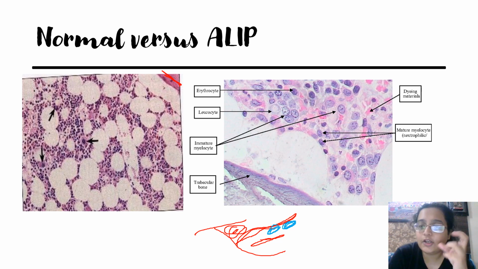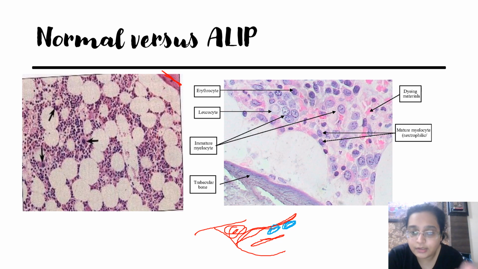When this gets disturbed, very commonly in post-infection, regenerating marrows, post-chemotherapy marrows, this balance gets disturbed, and then we have to mention that एक यहाँ पे ALIP का focus है. Again, I repeat the full form. Abnormal मतलब गलत, localization मतलब situation, कहाँ located होना चाहिए, of immature precursors, मतलब erythroid megs या myeloid lineage के precursors जहाँ होने चाहिए वहाँ नहीं, वहाँ से उनका placement बिगड़ गया। Commonly, as I have already repeated, इन सब conditions में जैसे post chemotherapy है, regeneration है, post infection है, MDS, MDS का बहुत बड़ा feature होता है ये आपको मिलेगा। तो how do you differentiate?